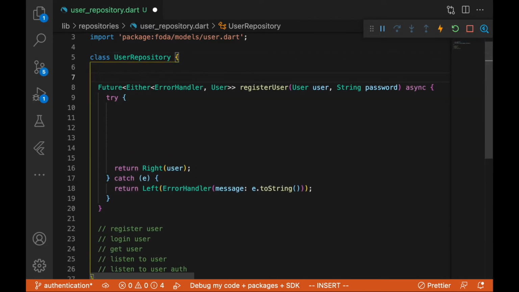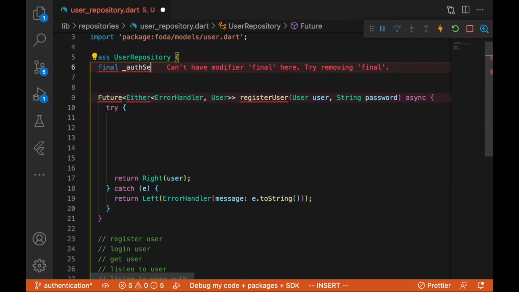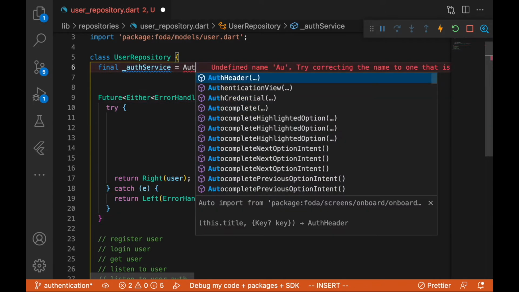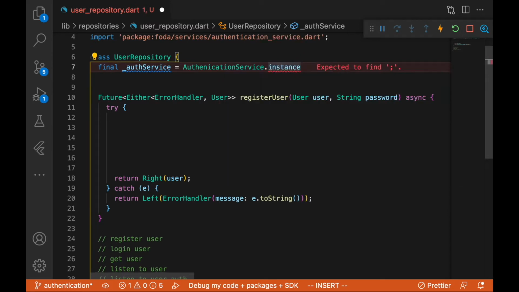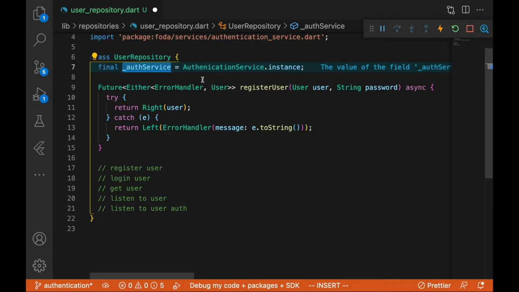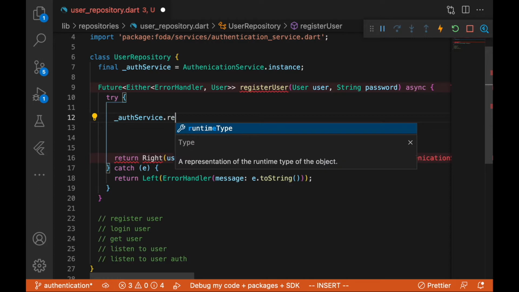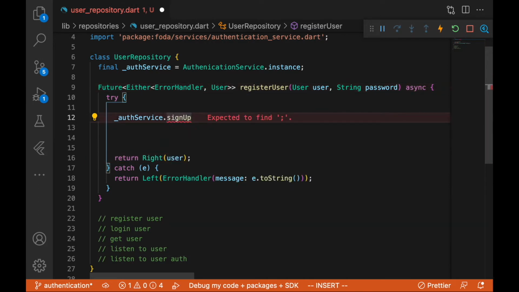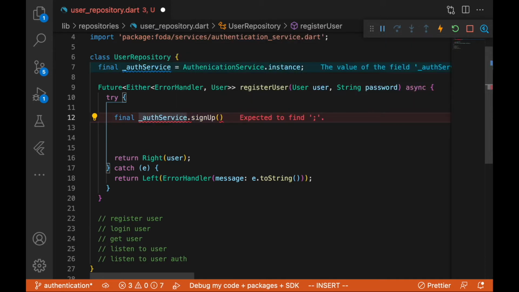First, another thing here, we're going to bring in the Auth service we created in our previous lesson. You're going to see the link below. So we created an authentication service. So here's the authentication service, call it Auth service, and we are going to look for a method in there for sign up, and this method will just allow us to pass in an email and a password. Then we will return a Firebase user. So let's call this Firebase user,